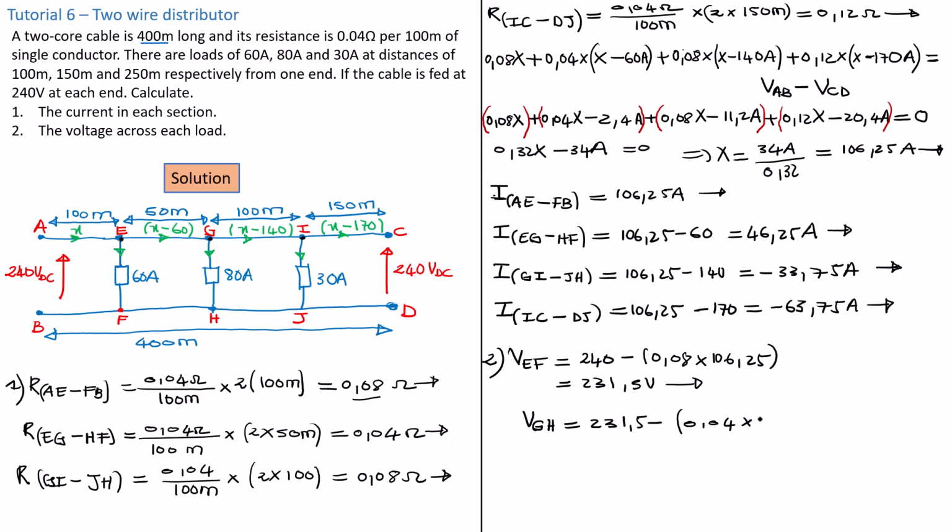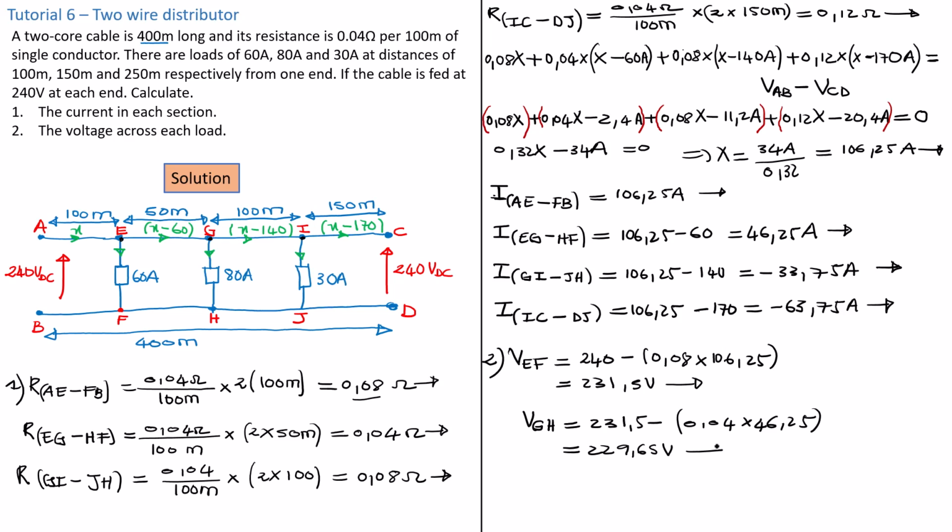We have already calculated that current, and it is 46.25. So this is 0.04 times 46.25, and when you compute this in the calculator, you find a value of